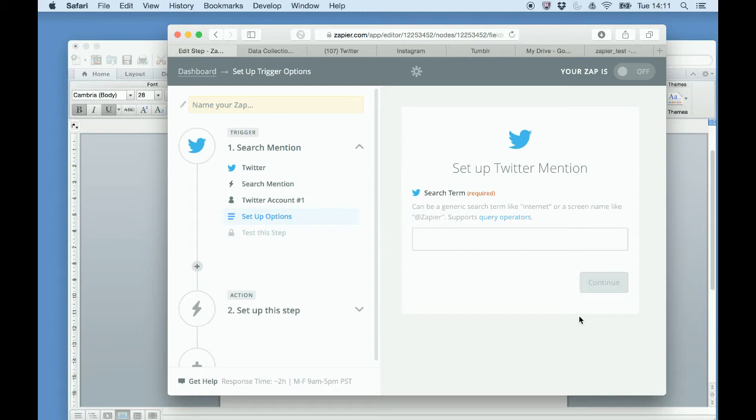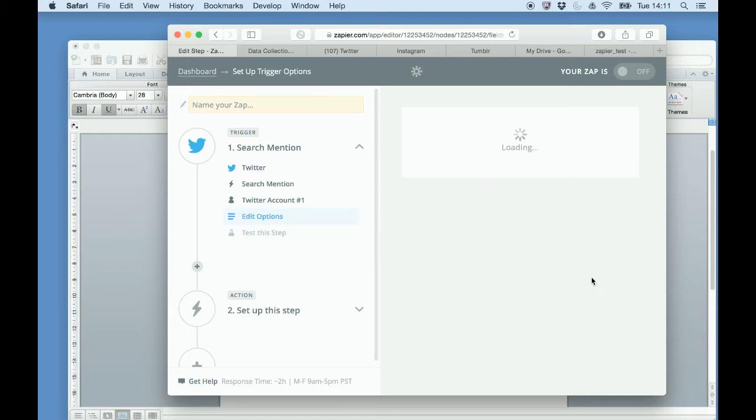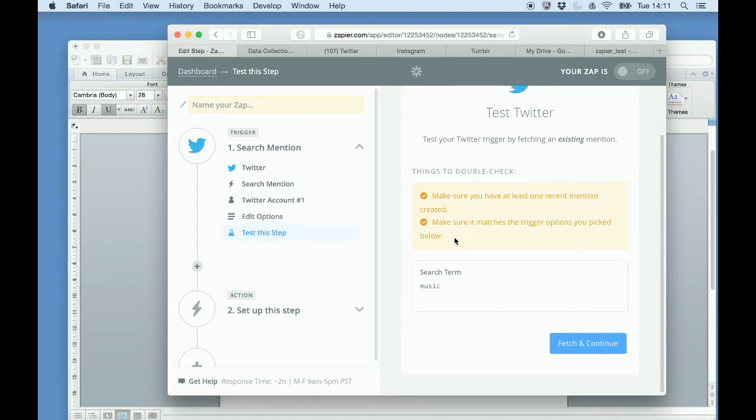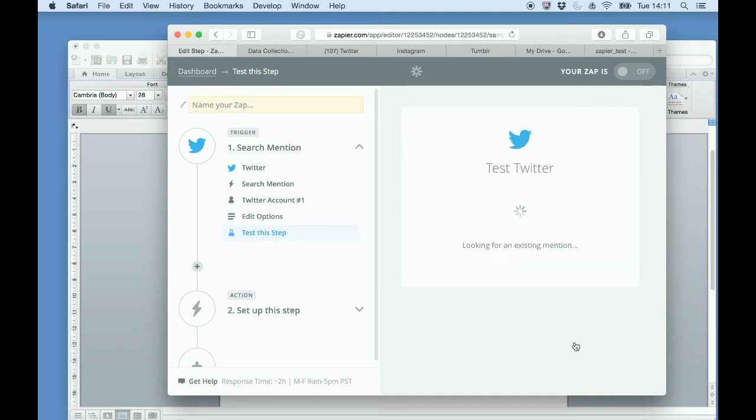So it's authorized my use of Twitter with Zapier, and in order to run through this example, we'll pick a really simple and obvious search term, music, which, it's a fair assumption people are going to be talking about right now. And we'll continue, and what Zapier will now do is test this. It will go off to Twitter and try and find a post that contains the word music,